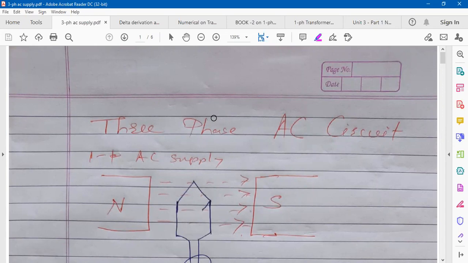Such types of systems, a combination of electrical and mechanical, we are going to simplify, and that comes under elementary concepts. So two things are there in this unit. First is the 3-phase AC circuit, where a 3-phase AC supply is connected across a 3-phase balanced star or delta connected load. First of all, for the theory part we'll see the derivation, and then we'll solve numericals on this. The next part is elementary concepts.